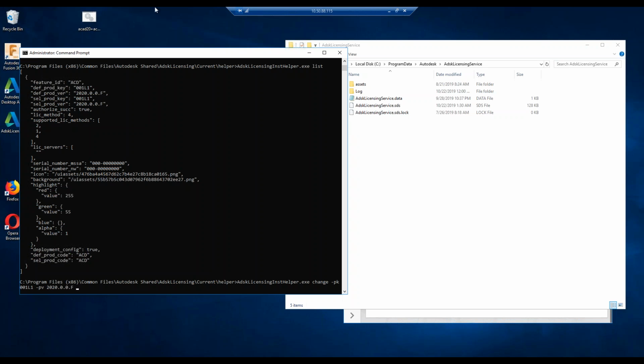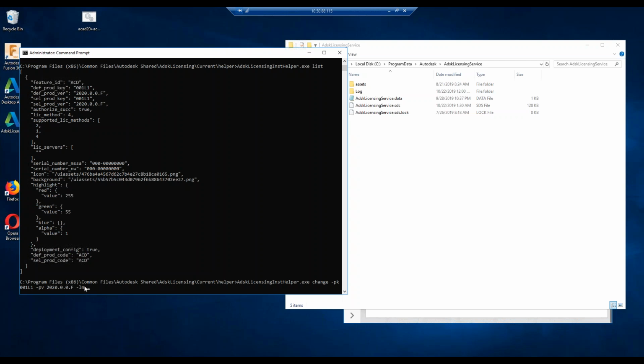0.0.f. And another thing we need to provide is the license method flag. So we need to reset this flag specifically. We cannot just go ahead and reset the flag without providing a product key. Otherwise, the command doesn't work. It needs to be specific for a product. So it will be